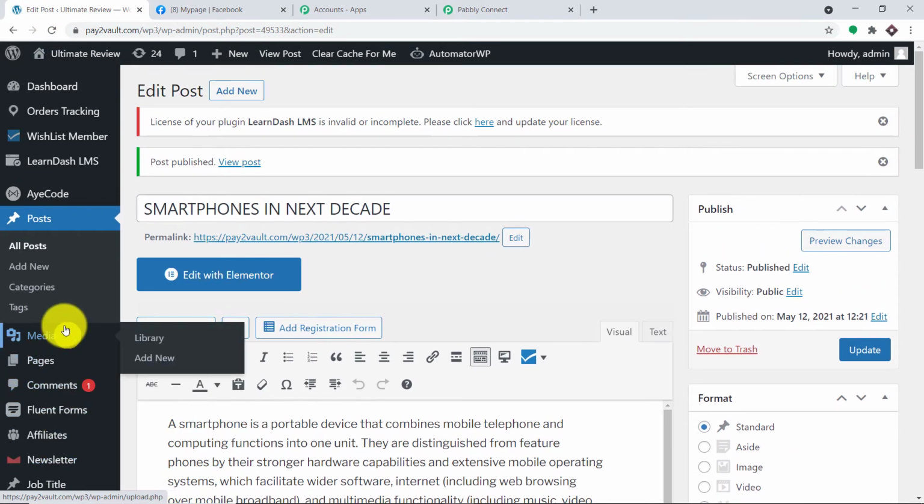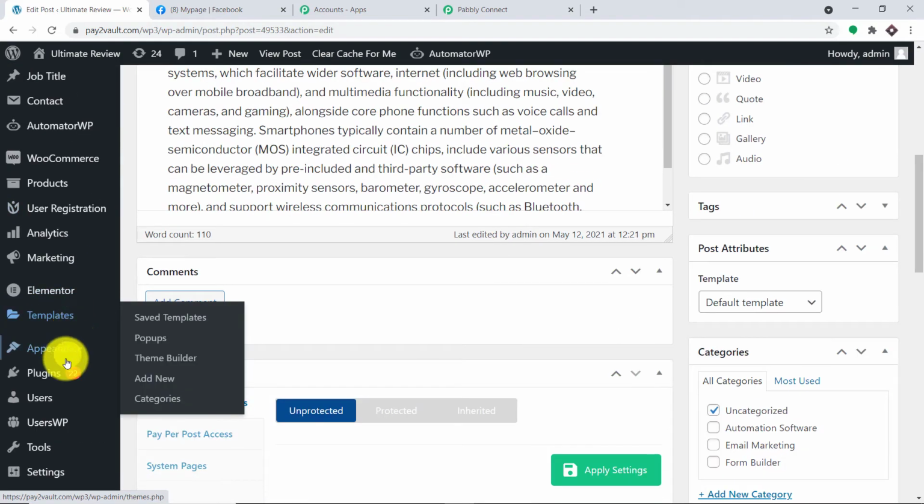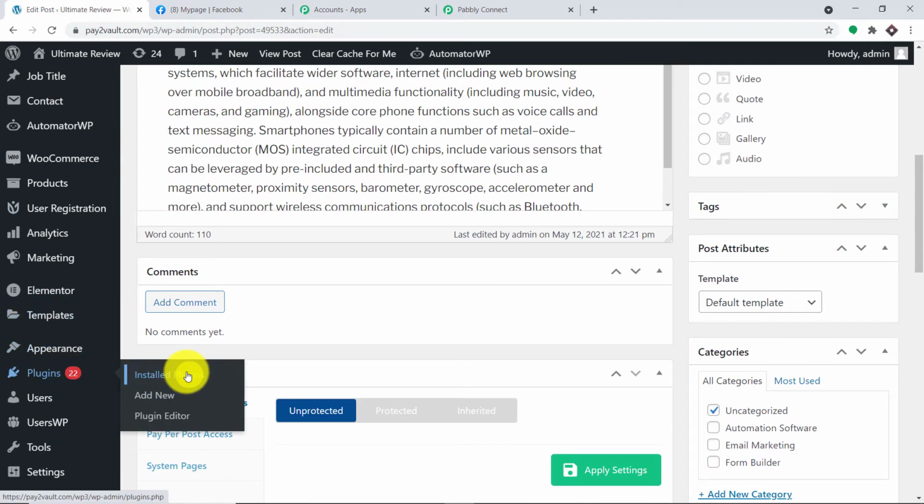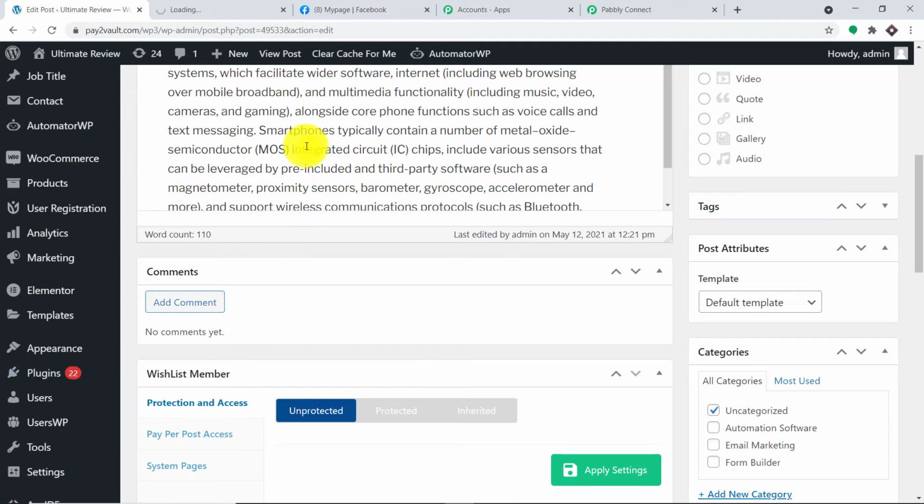Okay, let me just take you to the plugins section. Where is our plugin? Okay, so let me just open this in a new tab. I'm just going to take you to the install plugin section. So basically the idea is that we will search for the plugin that is WP Webhooks. Now obviously you know how to install a plugin. I am not going to teach you that.